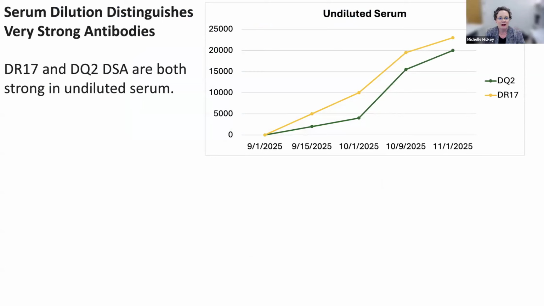So when we look here at the patient's longitudinal data, the strength of the donor-specific antibodies to DR17 shown in yellow and DQ2, this is in undiluted serum. We find that the antibodies came up around September 15th. They became stronger and then stronger and stronger. But when we dilute the serum at each time point, in the next slide,